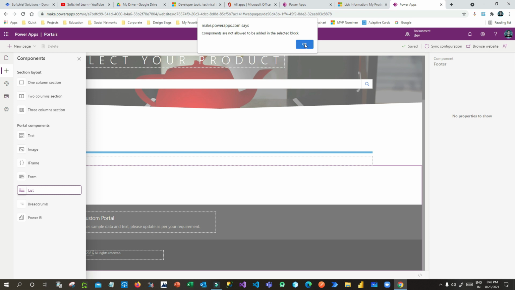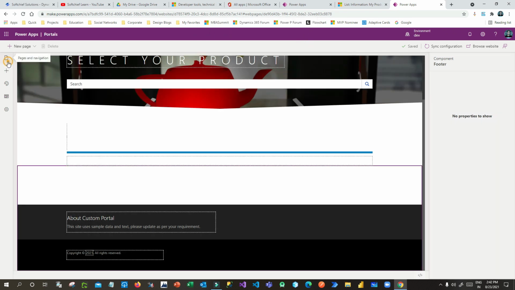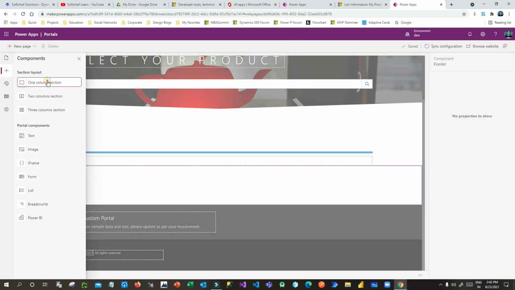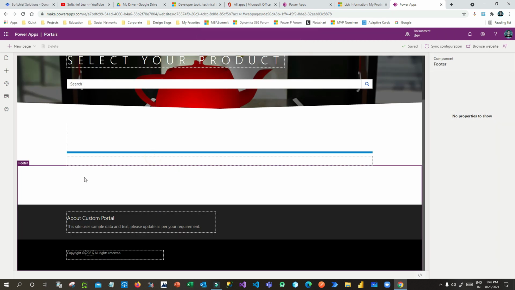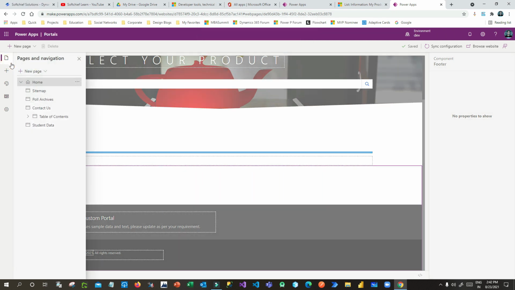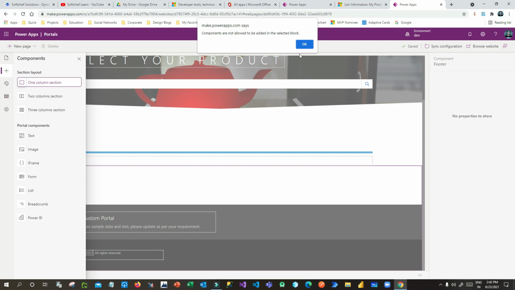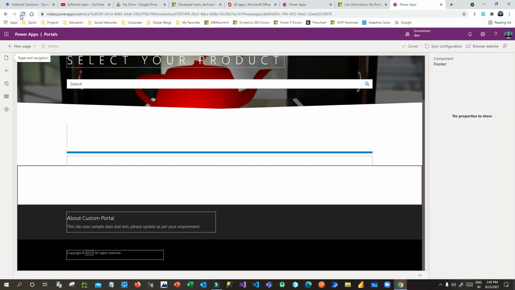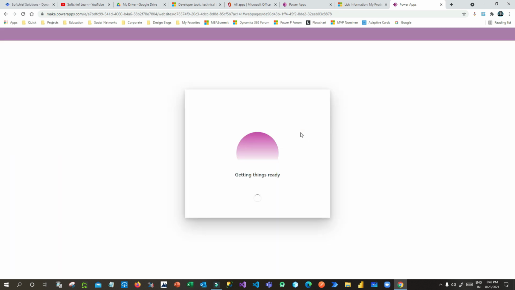If it is not allowed, you take a section here, click on pause and click on one column section. It's not added, so you can just click on refresh. Sometimes it doesn't work, so you have to refresh.